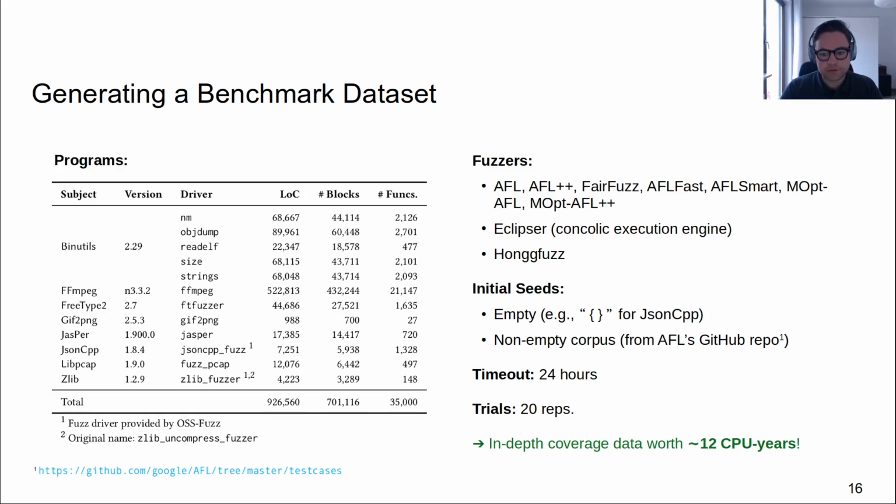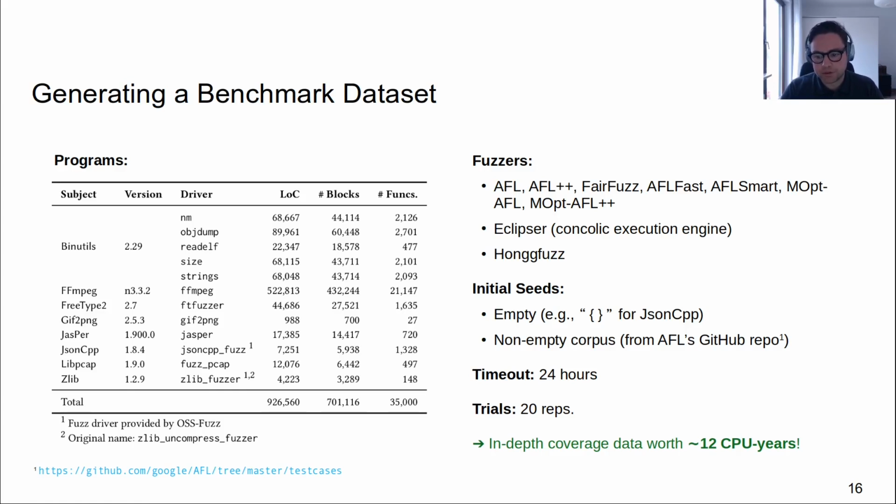Each program and fuzzer pair we launched with 2 different initial seeds. So we used the empty seed and also a non-empty seed corpus. For the empty seed, it's sometimes not possible to really use an empty seed. For example, for JSON CPP, the lowest amount of data required by the input parser is an opening and closing curly bracket. And for the non-empty corpus, we just selected the seeds that are provided by